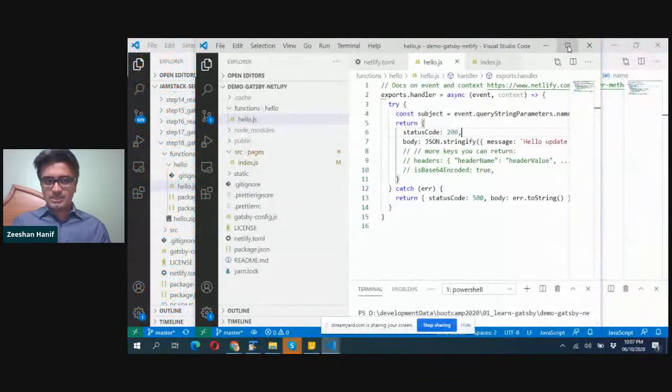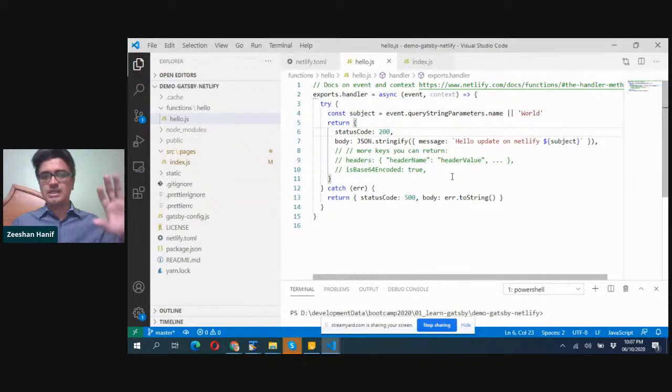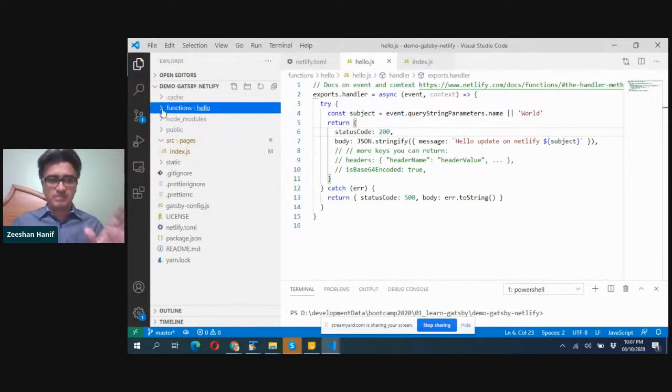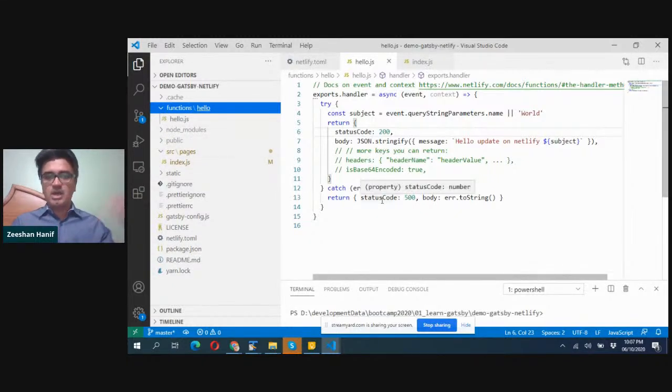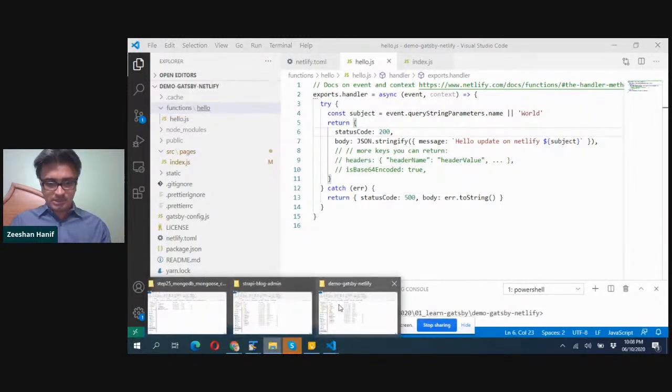As we have already seen how we create a Gatsby project and how we start a function, that's already done in this project, so we don't need to worry about that. In the last class we saw how to create a function, how to use it, and how to deploy it. Today I'm going to use exactly the same code we used in the last class, and I'll just add the library code, so that we install the library in our project, import it and use it. So for that, I'll go to the command prompt,